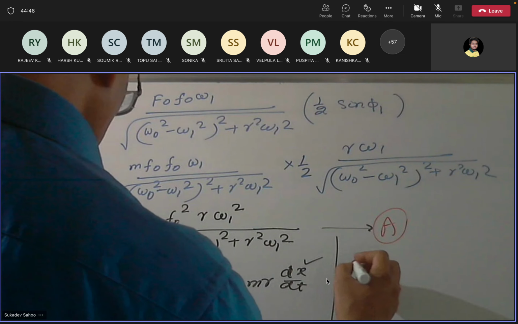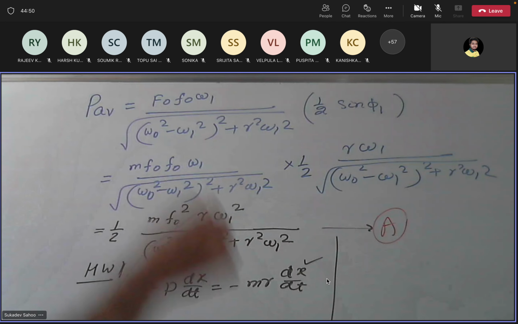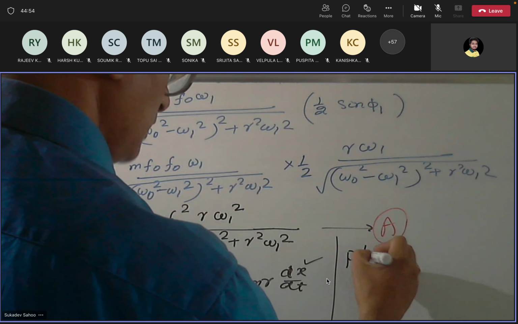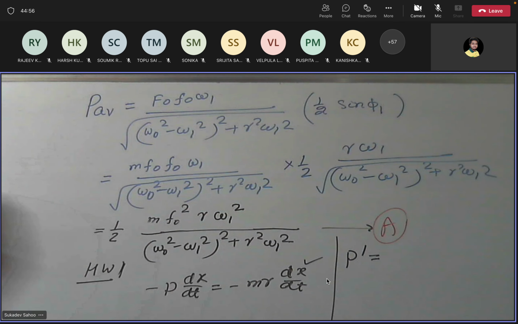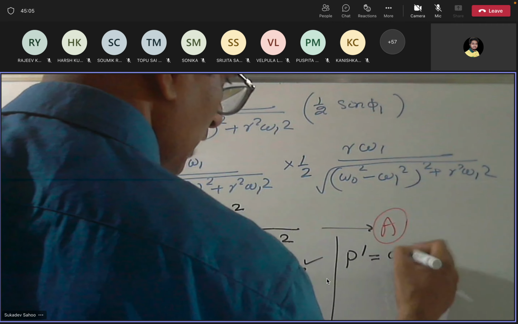So in that case, you will write damping force into velocity. Here you have written force into velocity; here it will be damping force. P prime, suppose we say that is the power dissipated. The rate of doing work against the damping force, P prime equals damping force